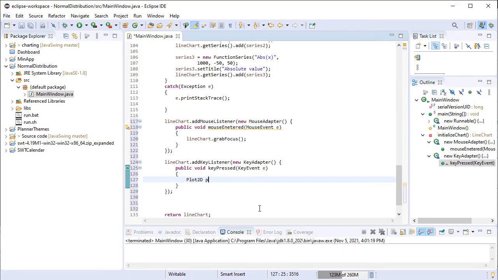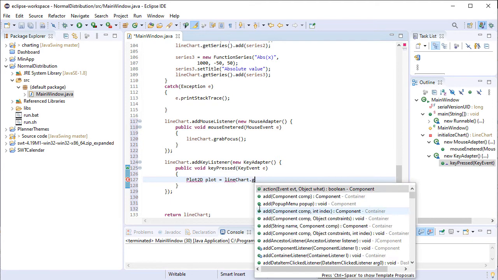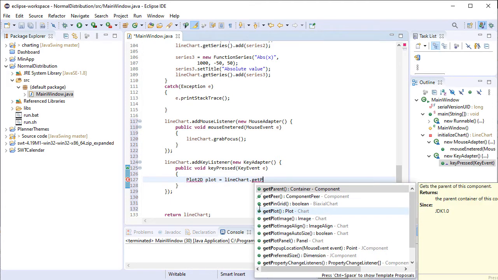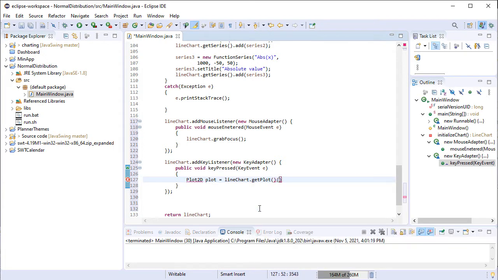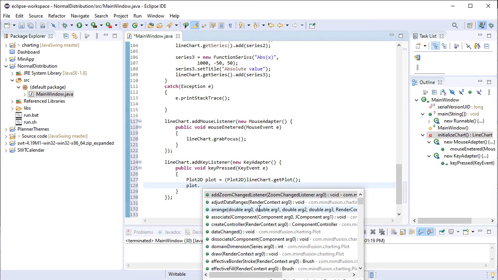In the event handler, we will get the plot of the chart and cast it to Plot2D. Plot2D supports both horizontal and vertical scroll, and we set the scroll to be vertical.